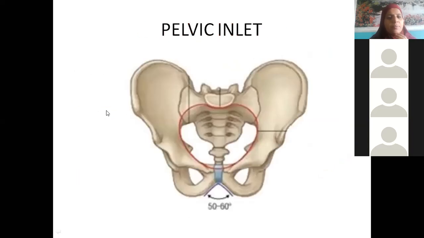10 centimeters. From the sacral promontory to the pubic symphysis. All these diameters are very important when you are doing the female pelvis in obstetrics. We should know all the normal dimensions: anteroposterior, oblique, and transverse. Because if these dimensions are normal, only then can we go for normal delivery.